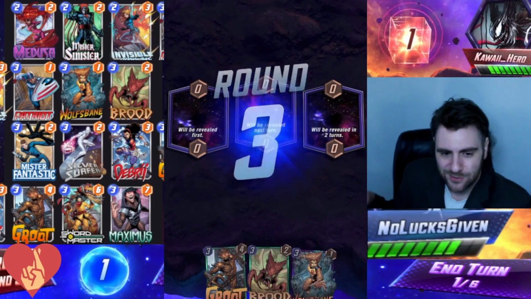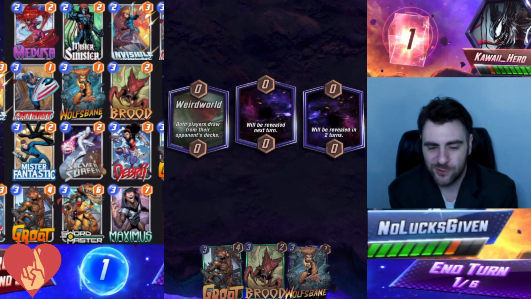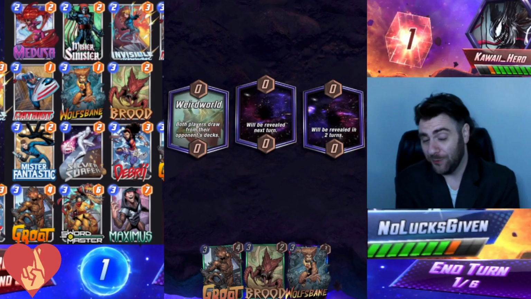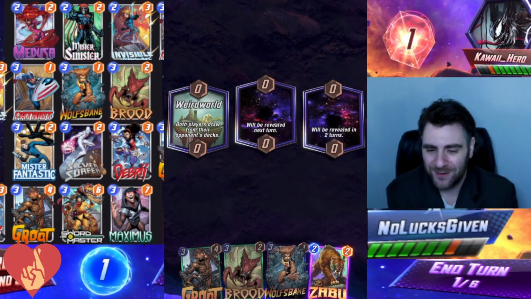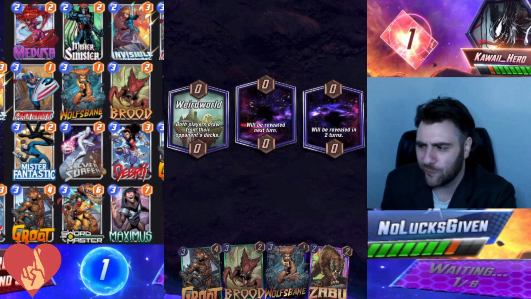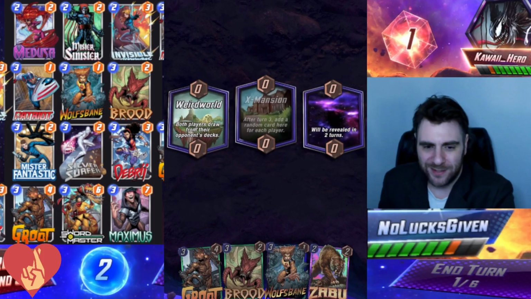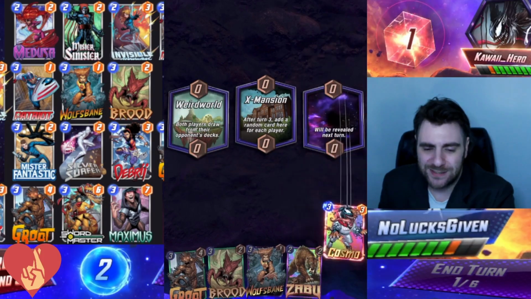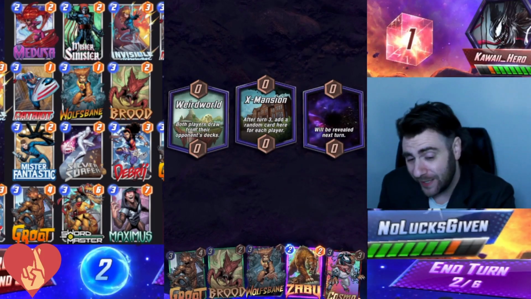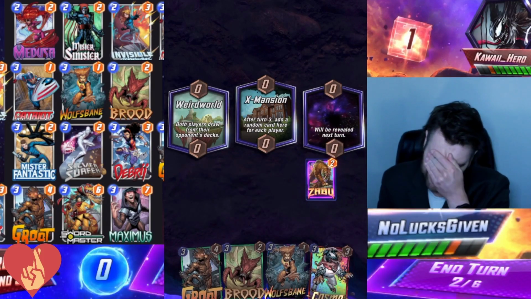Game 3 is going to kick off. We've got Brood, Groot, and Wolfsbane first location. Weird World. So this is going to be a weird game, and it's actually a little bit of a weird match overall, and we have some other weird things going on in the future games. But that second location is going to be X Mansion, so just a lot of randomness going on in this one. I know a lot of players are like,